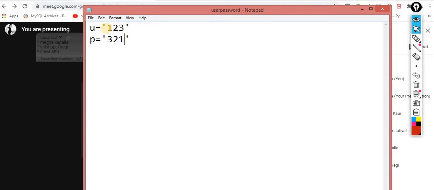So my first problem statement is, if I go to Gmail or any other website, what exactly happens over there? If your user is right, then it will ask for the password. If your user is not a valid user, then it will give you a prompt message that this user is not a valid user. I am implementing that as well.